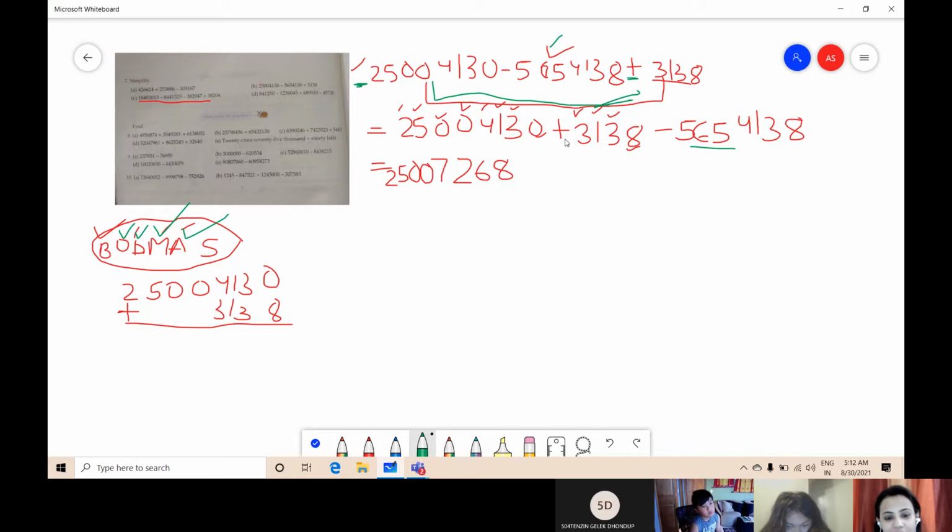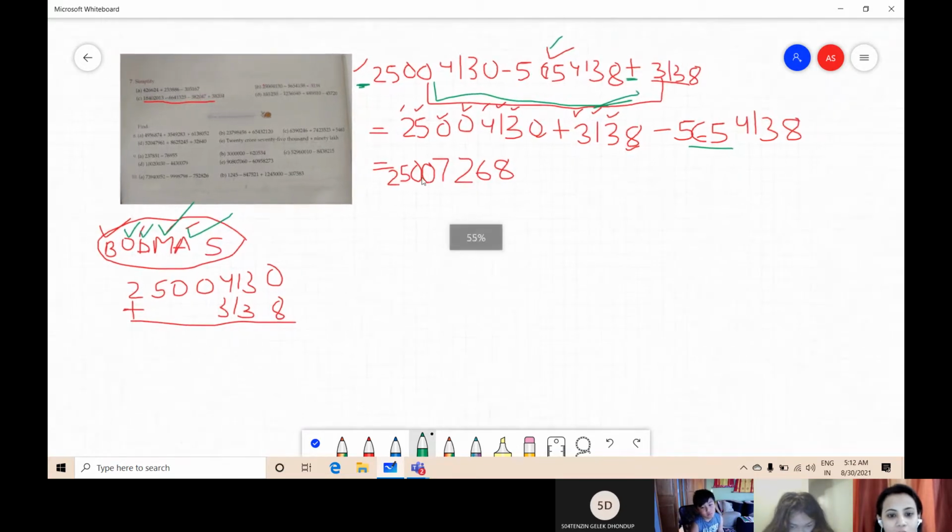There are two methods of adding. You can make the column, like I have made the column in the rough. If you are adding with the column, then make this column in the rough. You will not make it in between. So make the column in the rough and add.